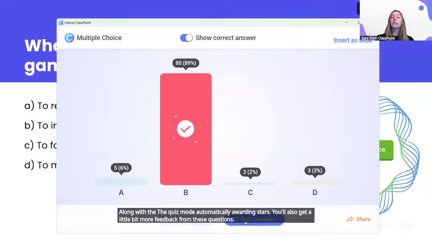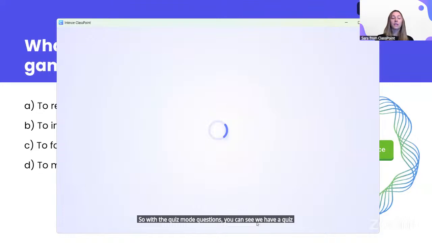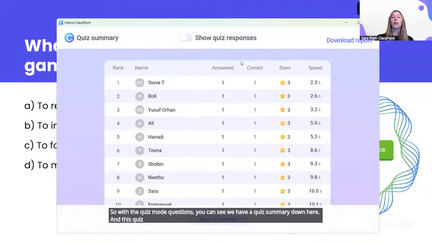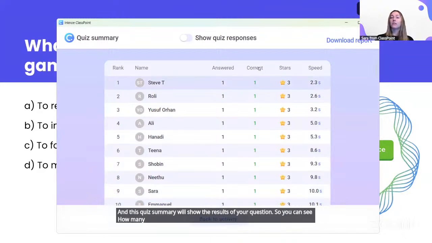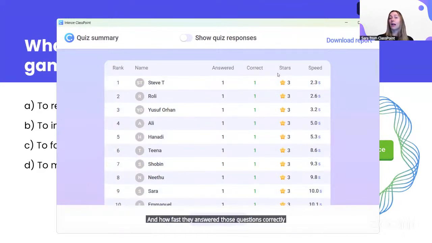With the quiz mode questions, you can see we have a quiz summary down here. This quiz summary will show the results of your question. So you can see how many questions your student has answered, how many they got correct, how fast they answered those questions correctly, and how many stars they got awarded.